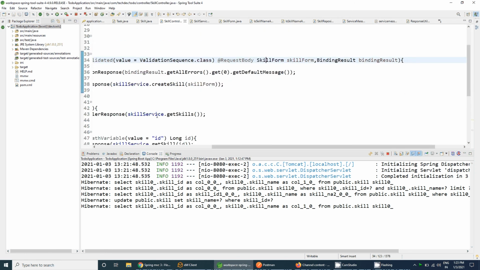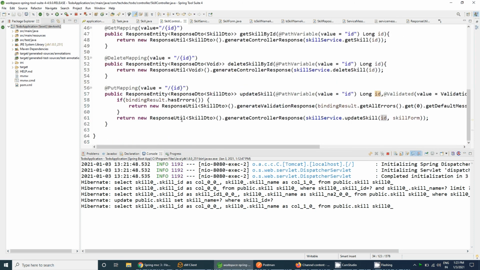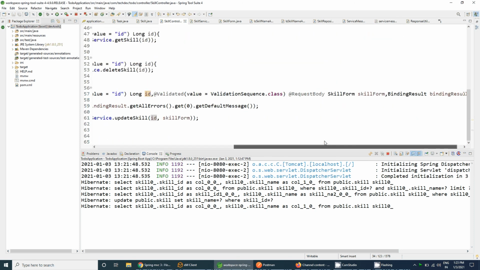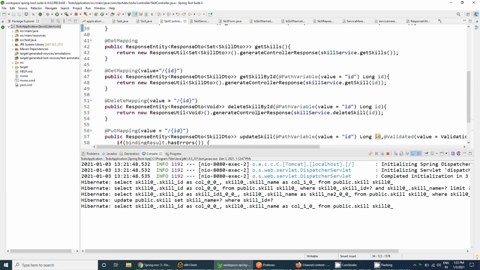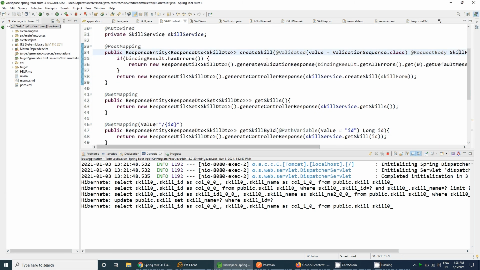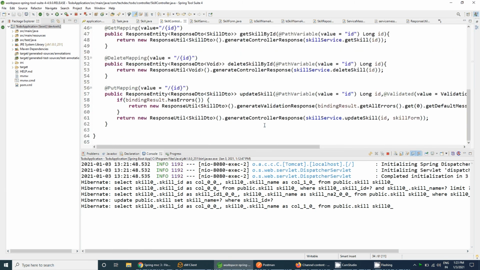You do not need to create a separate class for update validation. The same class which you are using at create skill will help you in update skill also, and everything will be validated.